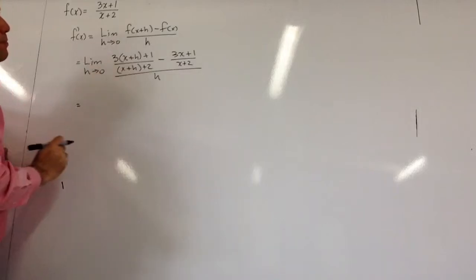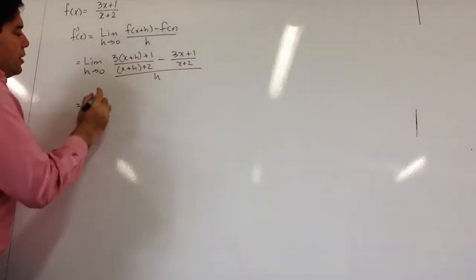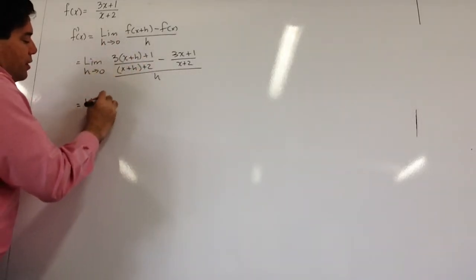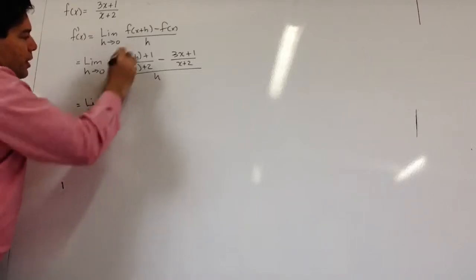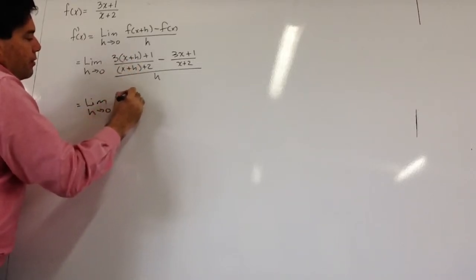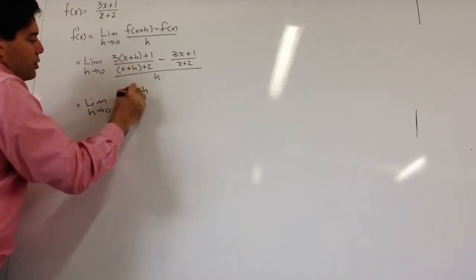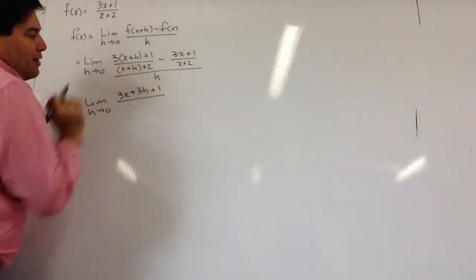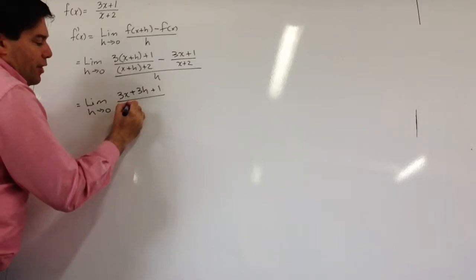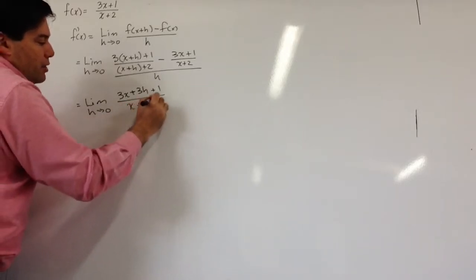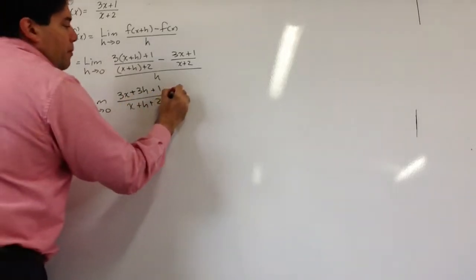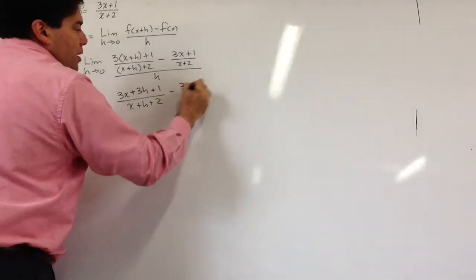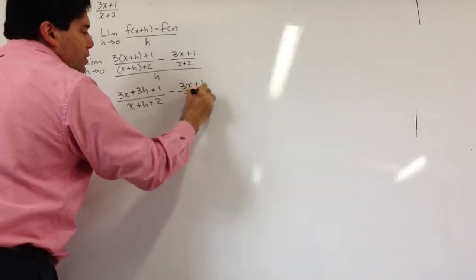Now we're going to distribute here a little. This is the limit as h approaches 0 of 3x plus 3h plus 1 over x plus h plus 2 (the parentheses are not necessary here), minus 3x plus 1 over x plus 2,